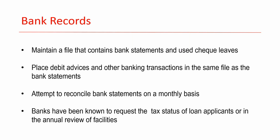The bank has been known now to request from you all your status of tax when you're applying for loans, or if you have an overdraft facility, when they are reviewing the overdraft facility. Let me spend a little time with this, because we need to understand how the market and the environment there is changing. I said to you earlier today that the